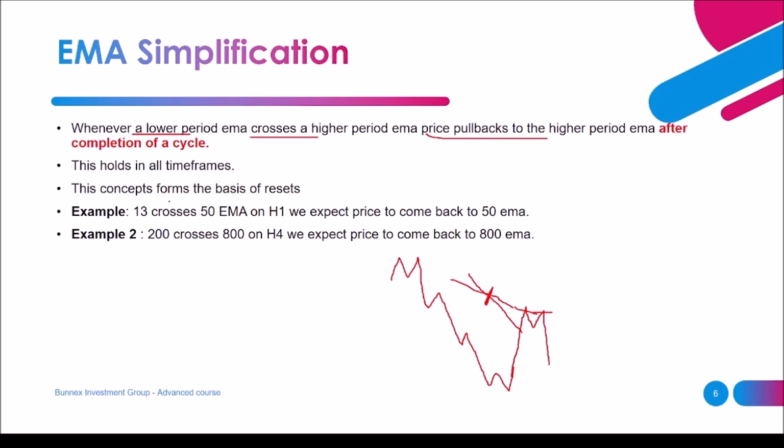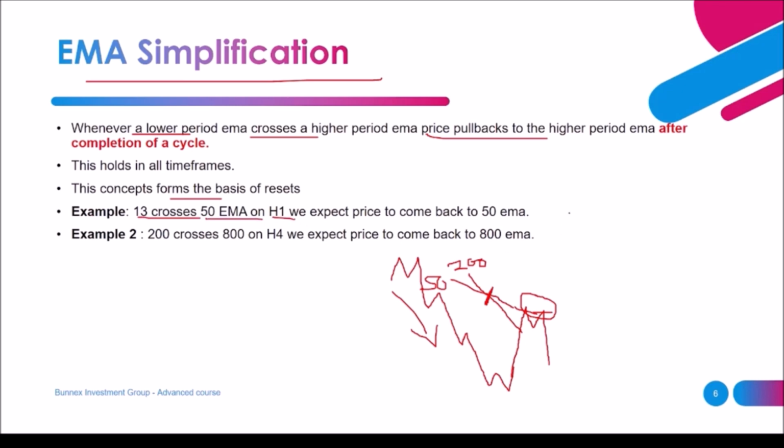This concept forms the basis of resets, and as we defined resets, we said resets are cycle restarts and occur at the 200, 800 or order block. So in this case, we usually have a 50 and 200 EMA crossover after 3 levels have been completed. With this case, we'll see the market following up to retest the higher period EMA, like what the theory says. An example of what we are saying: if we see a 13 crossing a 50 EMA on